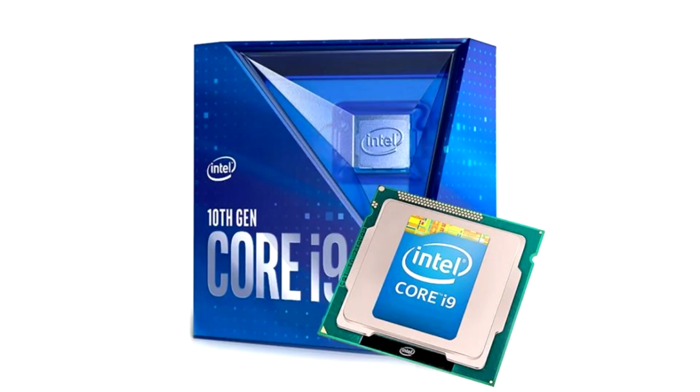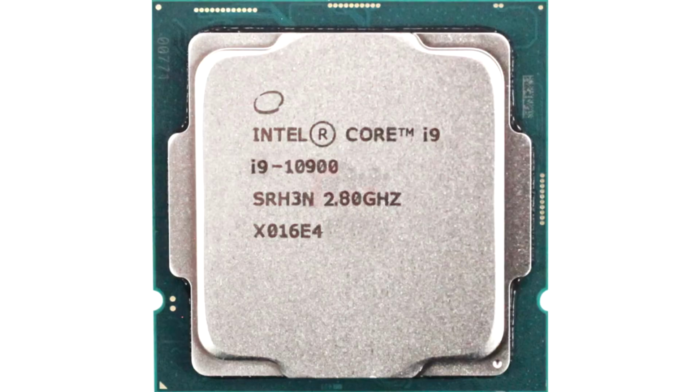I very much appreciate that Intel is including thermal velocity boost with the i9-10900 and doesn't limit the feature to just the i9-10900K. TVB will boost the best cores by plus 100 MHz if the CPU temperature is 70 degrees Celsius or lower and the load profile is very light, and there will be a short sub-second burst of activity. I've really only seen 5.2 GHz on cores number 6 and number 7, all other cores top out at 5.00